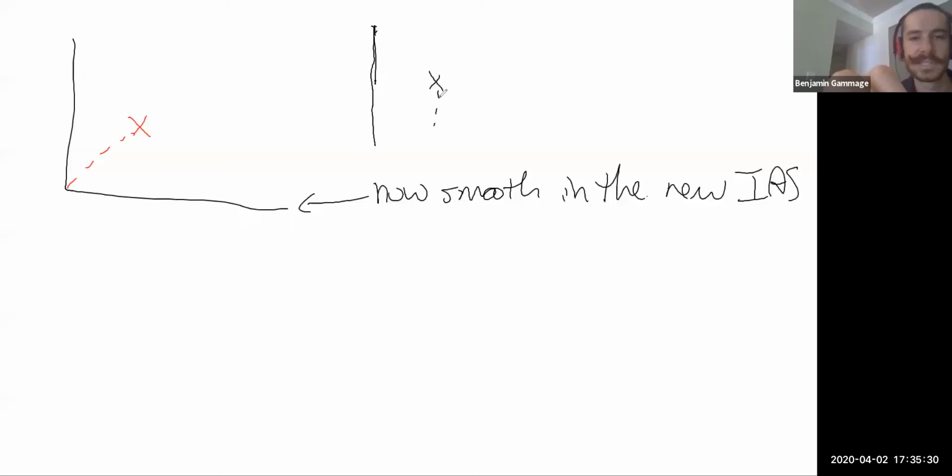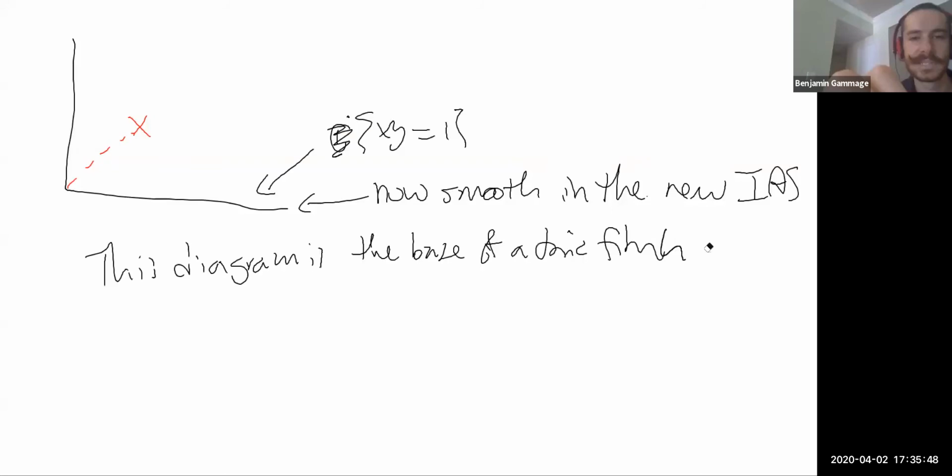So that's very cool. And this thing is the base of a fibration, and this diagram is the base of a toric fibration on C2. So this is a fibration on C2 now, where once again the